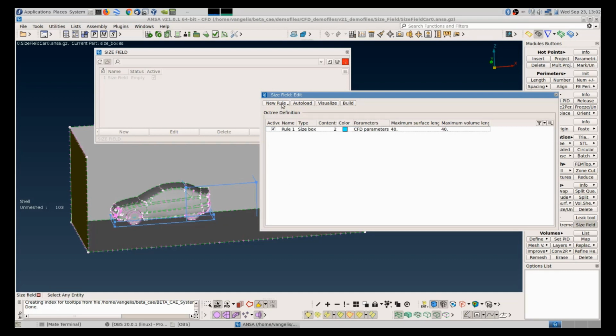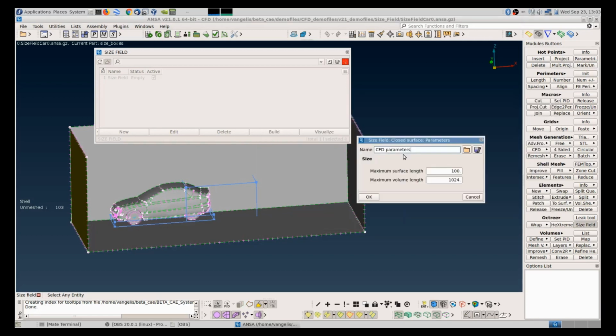I will add another rule, and in this case I will pick a closed surface. Here I need to specify a closed surface, and then I will impose a different maximum length, let's say 20.